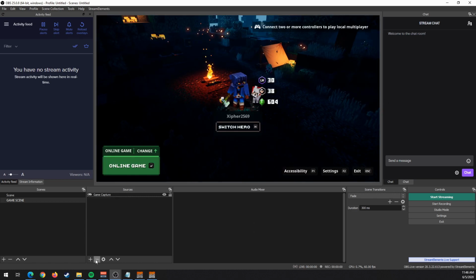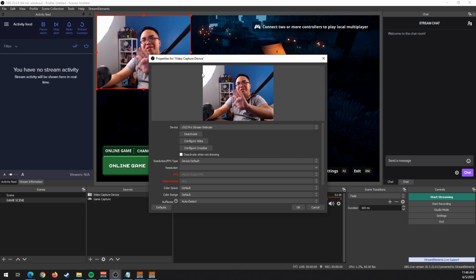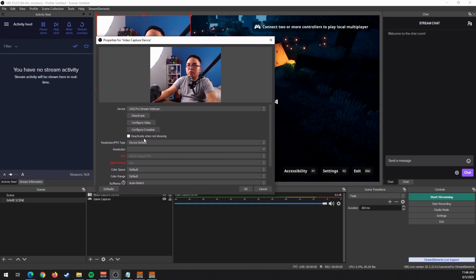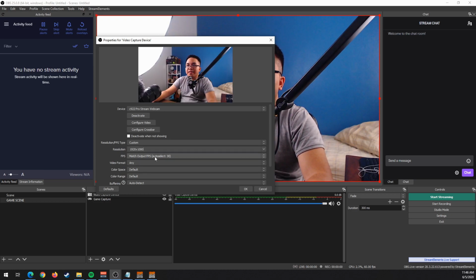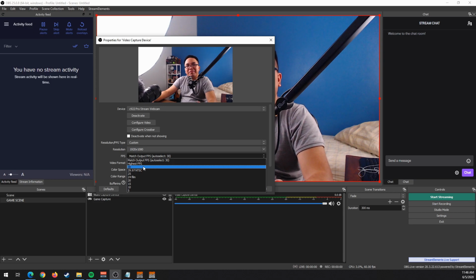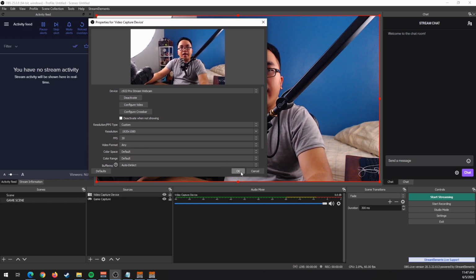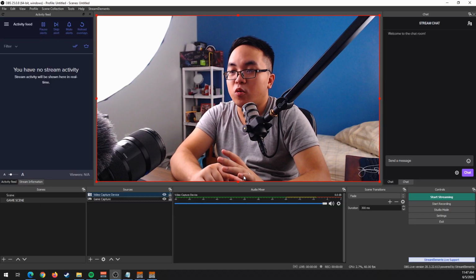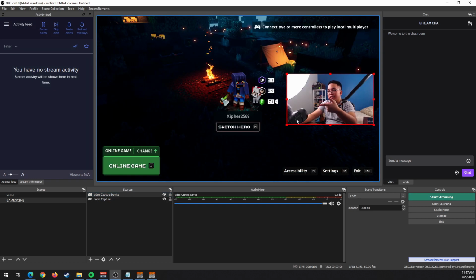It's very useful. Let's add our webcam, which is a video capture device. I'll just keep it as the default name, video capture device, and you'll see my webcam here being detected by OBS. I'll choose a different resolution because the C922 usually supports a bigger resolution. I'll type it in right here, 1920 by 1080, and then my FPS, usually the best FPS is the maximum that your webcam can handle, so I'll just choose 30 because that's what the C922 supports. Just click OK. Right now you can see my webcam. We can now resize it to our liking to fit our source, so let's do that right now. Just grab the corners again. You can see the camera right here.